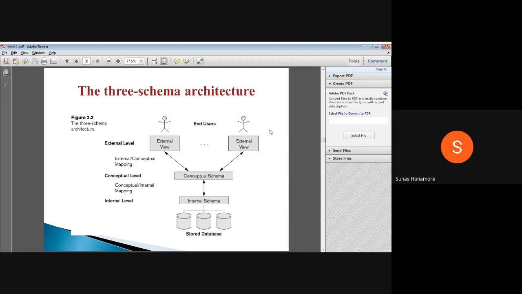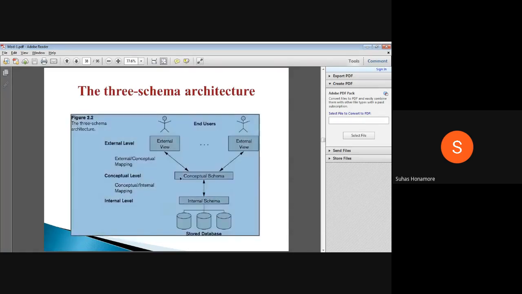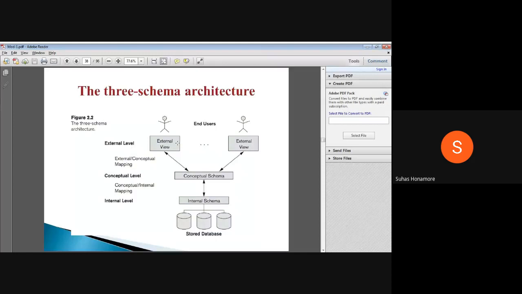So we have totally three things. First is the external level, second is the conceptual level, third is the internal level. In the internal level the internal schema comes, in the conceptual level the conceptual schema comes, and in the external level the external view comes. The external view is how different users are looking at this data.